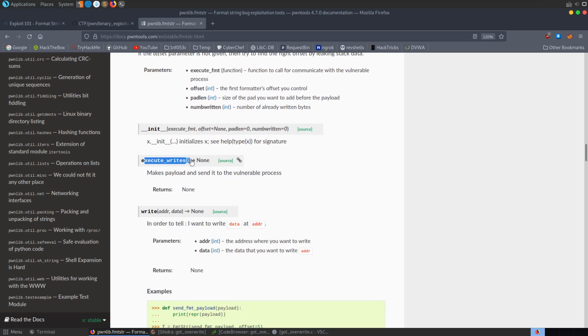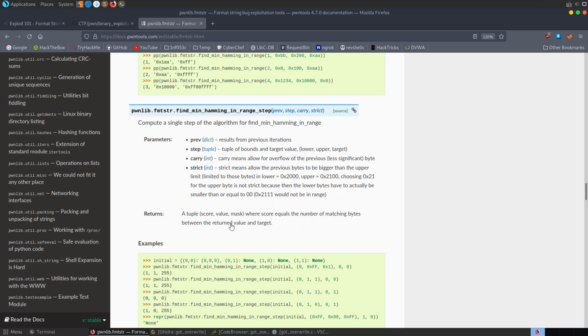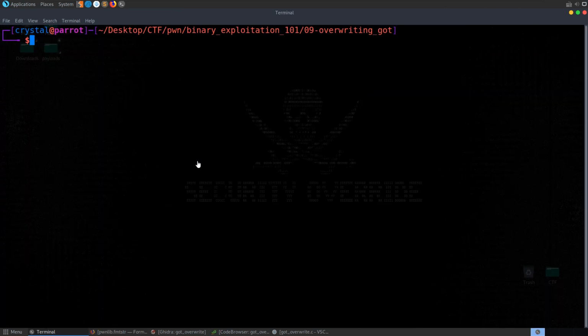We have this execute writes functionality. So there's some documentation here. I just thought I'd bring that up in case you want to go and have a look through it, but I'm not going to read it out on screen. Let's have a look at our payload,